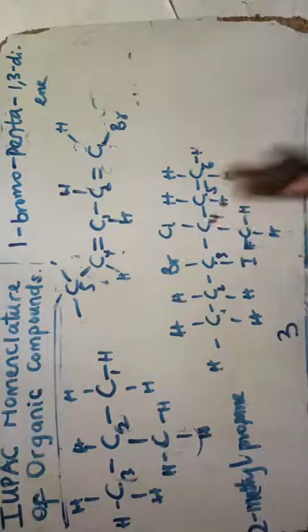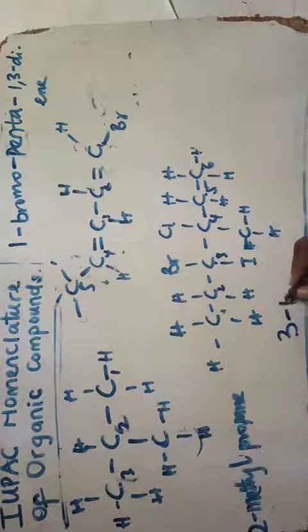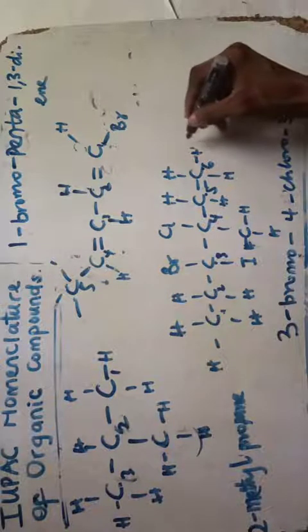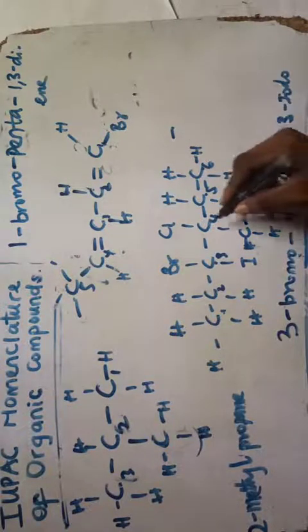So I'm gonna have 1, 2, 3. That would not be 3, but from the alphabetic naming, that is naming it alphabetically, bromo comes first. 3 bromo. I'm gonna have it as 4 chloro. I'm gonna have the next one as 3 iodo. Continue the naming here, okay? So 3 iodo. I'm gonna have my next one as hyphen, and what? 4 methyl.